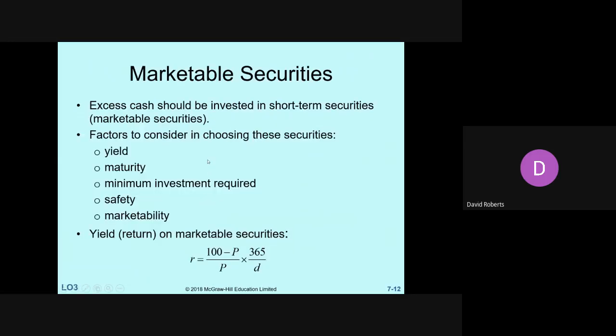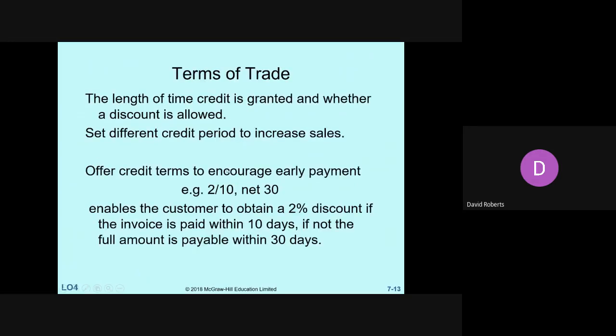Marketable securities are simply short-term money. There's a yield on the marketable securities, as you can see, to calculate the interest rate, or R. We'll go through some examples again in the videos. Terms of credit,